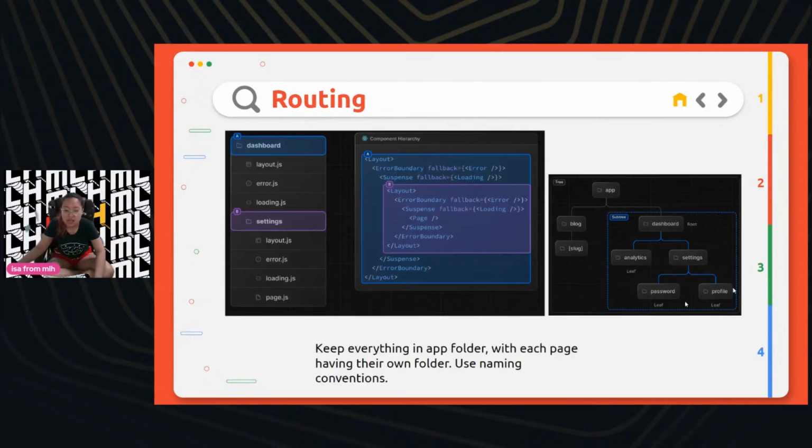So let's say, going back to this part, if you have password and profile separated, if you have something in password that gets re-rendered, like let's say if you type it in and then you pause for a bit for the form to check if it followed all of your rules, let's say one letter, one number, one symbol, right?